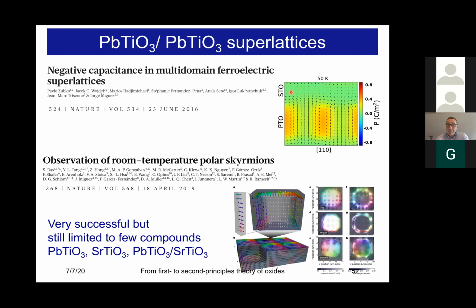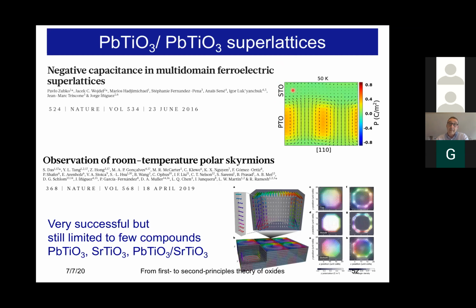So you can imagine also that in some configurations this layer will polarize like the PTO, so that you will get a full polarization through the whole stack. Of course, polarizing STO requires some energy, and the thicker the STO, the more energy you will need to provide to polarize a thick layer. And so, depending on the relative thickness of PTO and STO, you can see different regimes